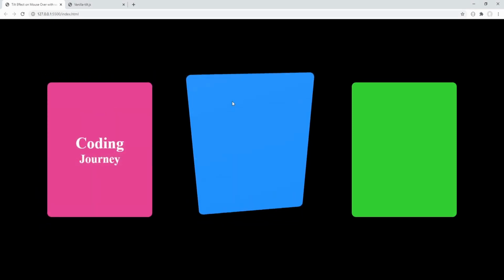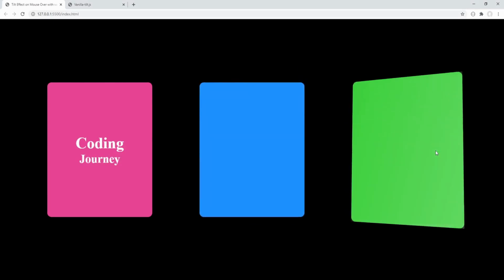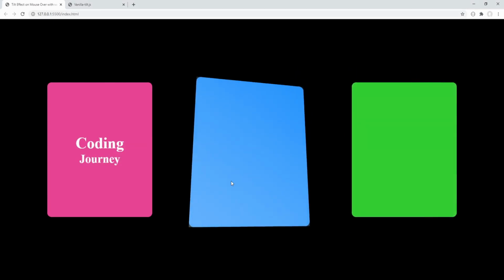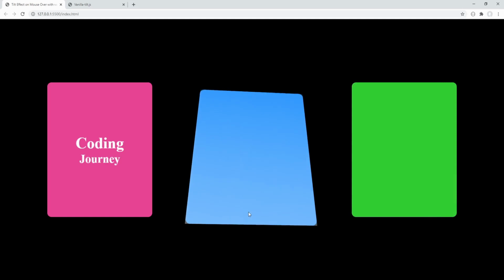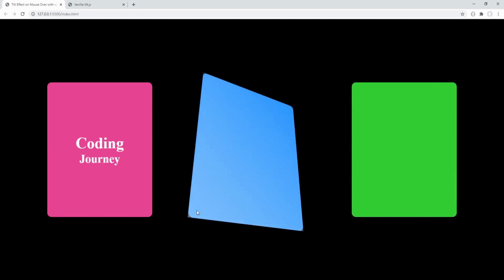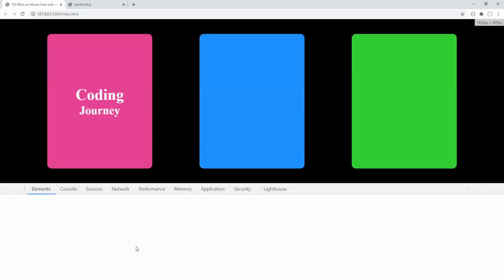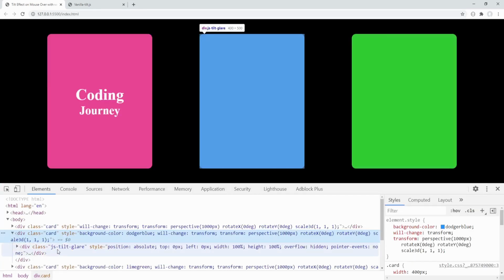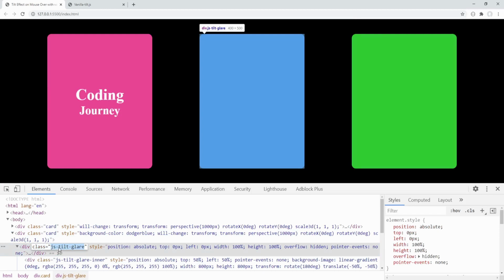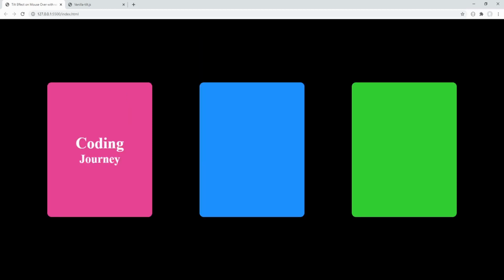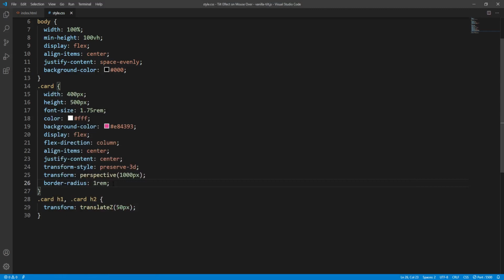Okay, I like the result, but a small detail you might have noticed is that the card border radius does not apply to the glare effect, for which we don't get rounded corners, and that's because vanilla-tilt.js creates a separate element for the glare effect with the class js-tilt-glare placed on top of the tilted element. One way to fix this would be by setting overflow to hidden for the card,